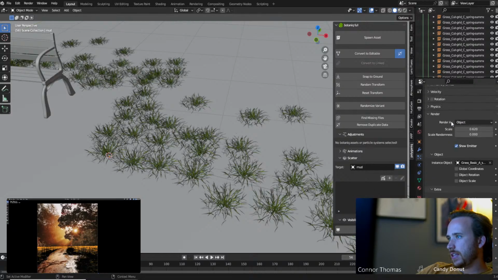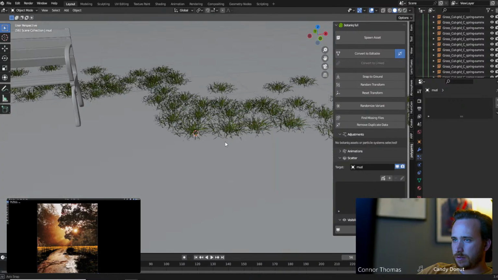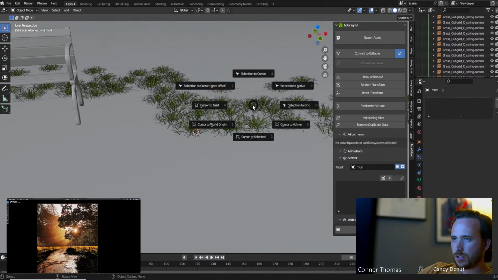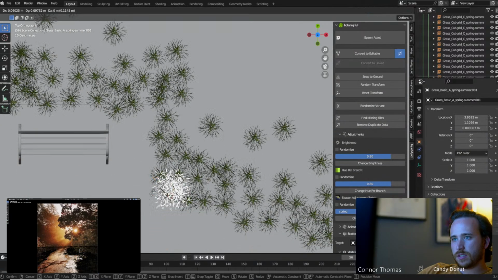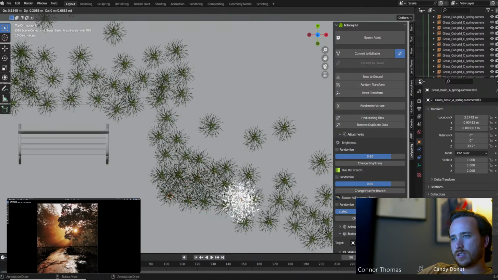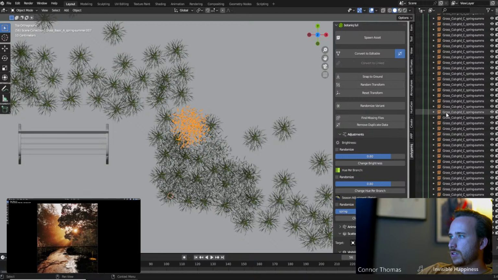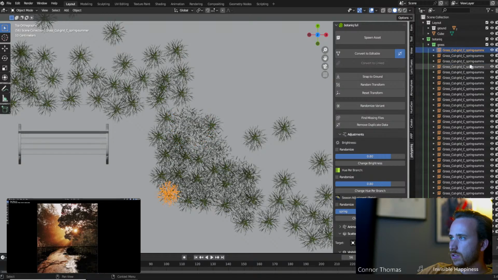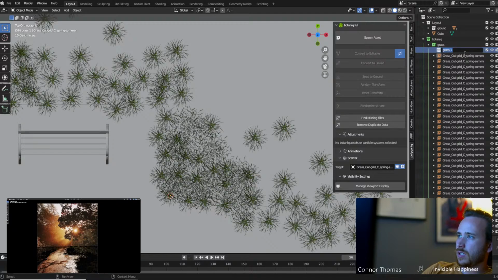Fine. This particle system has defeated me, and I don't want to waste my time live here, so here goes nothing. We're just going to spawn the asset. We're going to do it the old-fashioned way. If we go into our endless tree of, create a new collection. We're going to call this one